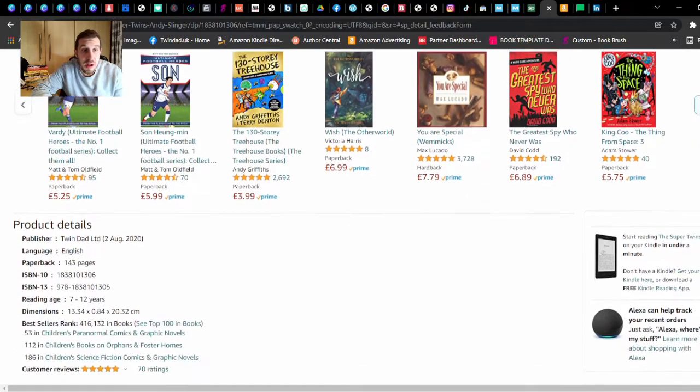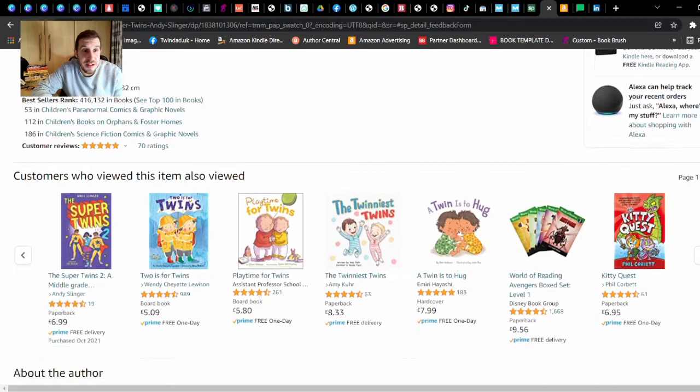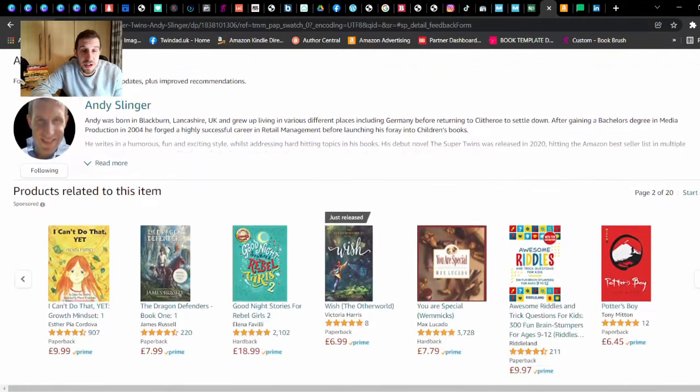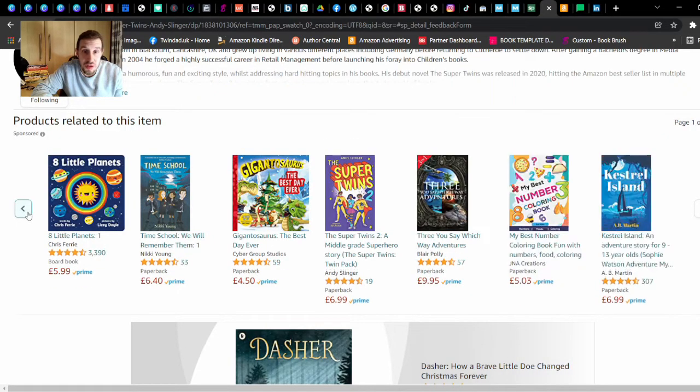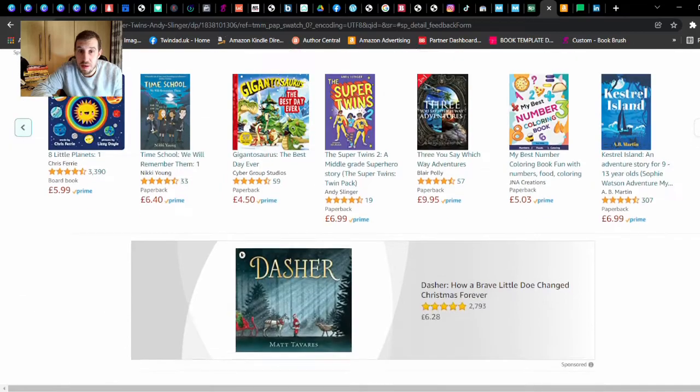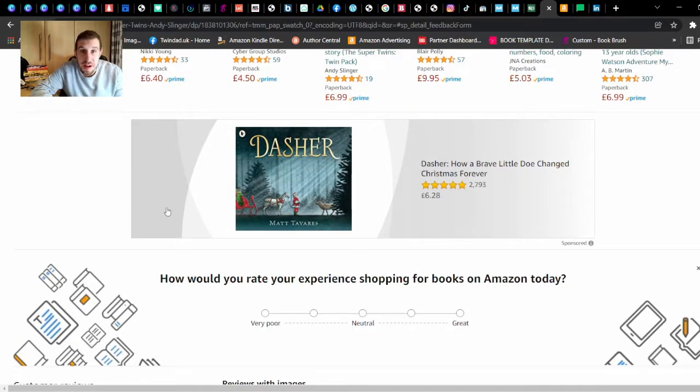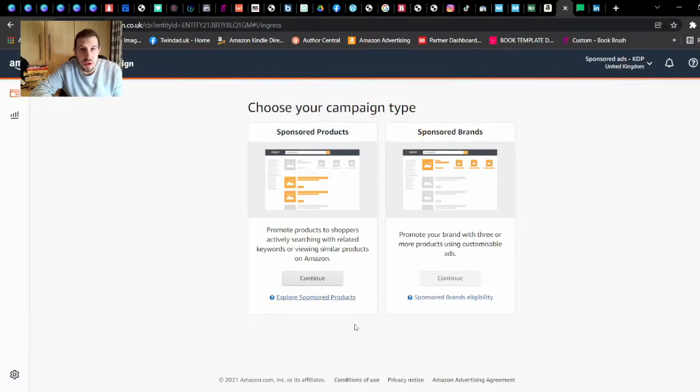Go further down, past the description, past the bio, you'll find another set of ads here, products related to this item, and this will show you even more ads. And again at the bottom, another big ad there, which is the sponsored brand ad. So if we go back onto the dashboard, we'll click on sponsored product ads,